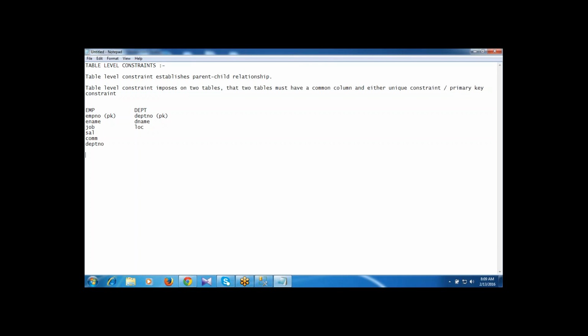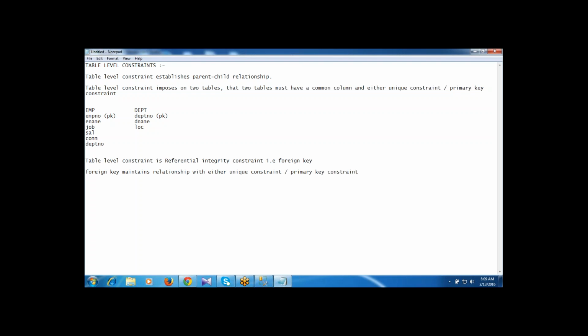What is the table level constraint over here? Table level constraint is the referential integrity constraint. That is a foreign key. The foreign key maintains the relationship with either a unique constraint or a primary key constraint.